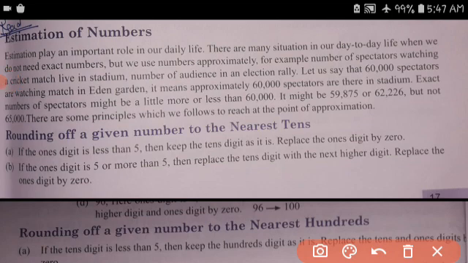Now, estimation plays an important role in our daily life. There are many situations in our day-to-day life when we do not need the exact number, but we use numbers approximately. For example, watching a cricket match live in a stadium, the number of audience